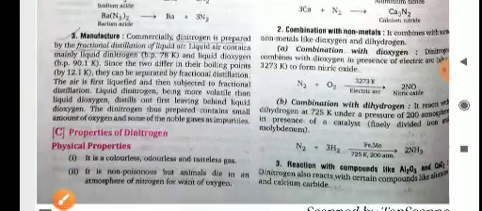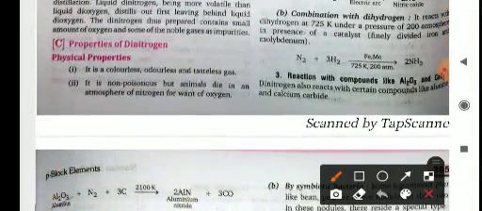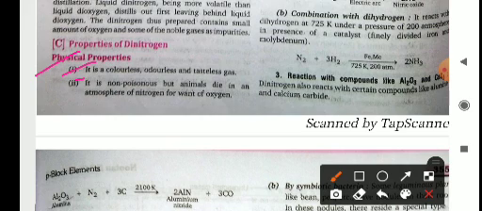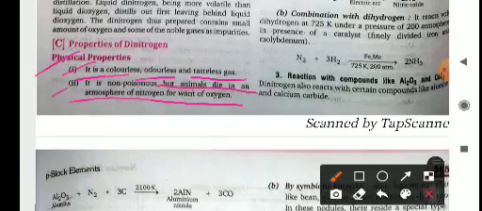Okay, now come to the properties of dinitrogen. So, physical properties. It is a colorless, odorless and tasteless gas. It is non-poisonous, but animals die in an atmosphere of nitrogen for want of oxygen. Okay, the third point is